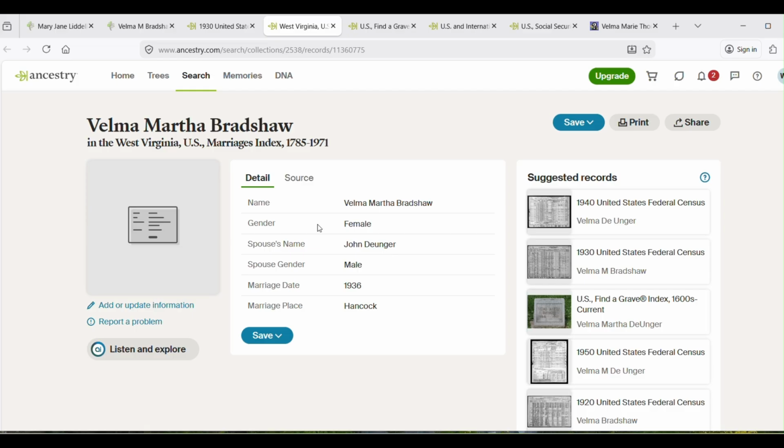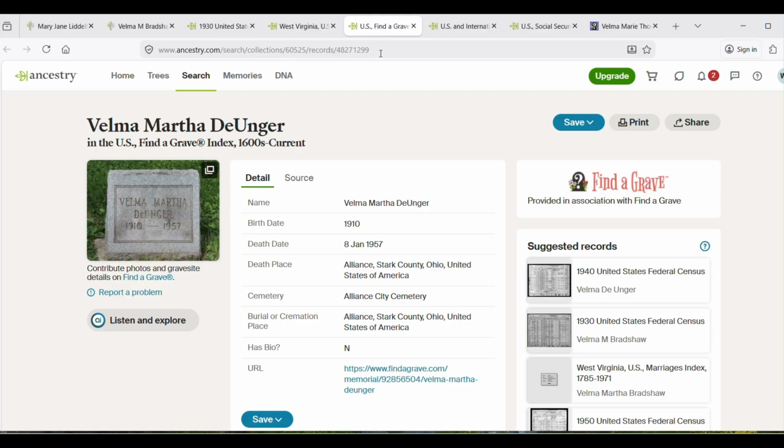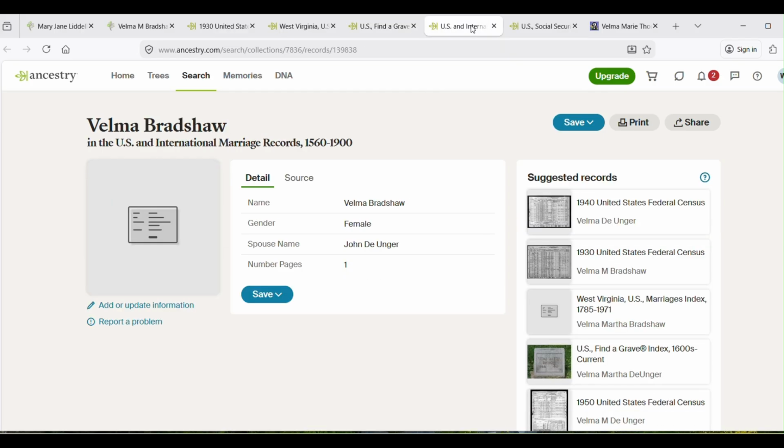So we don't know. This was in Virginia. We don't know if that's the right one. Find a Grave. This is in the right place. That 1 year difference doesn't bother me, but it doesn't have any parents listed. I'm just going to delete that one.